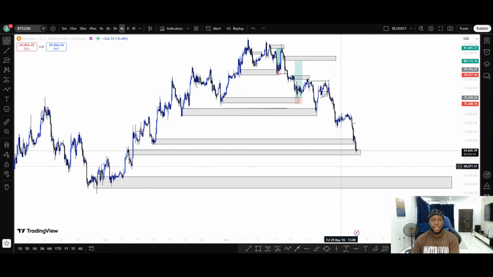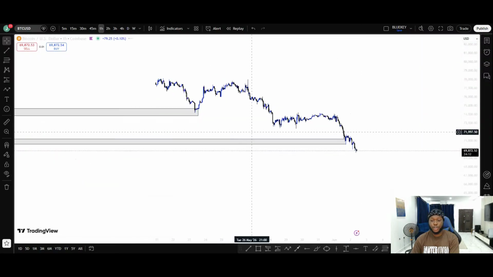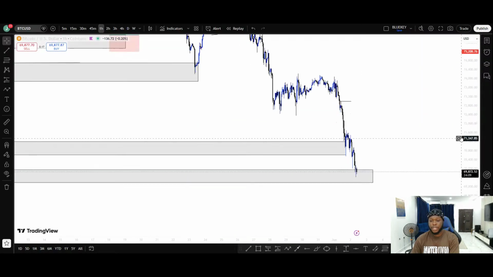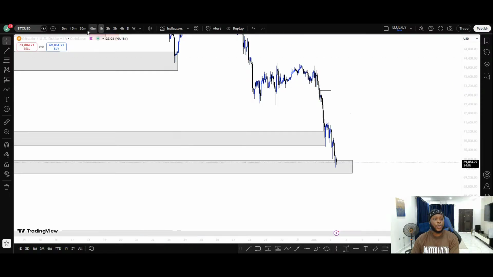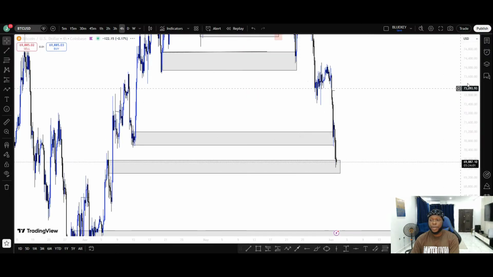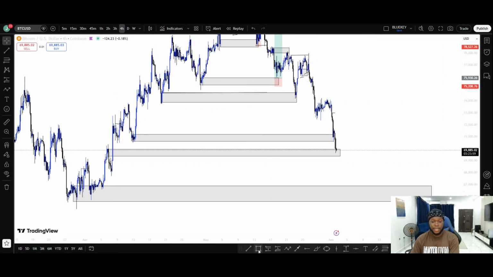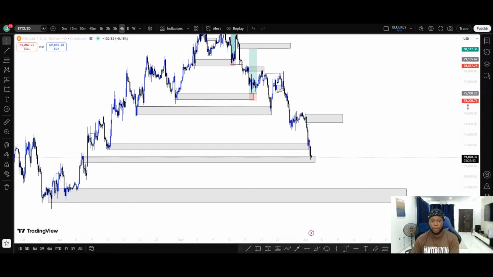However, I want to see on a lower time frame a structural shift, because we're trading against the trend right now, right? So we need to see a structural shift that will push this market up to sweep out all this liquidity. Then if you go back to the 4 hour time frame, this is the most viable place that this market can come back to, right? We have an order block here, and I'll tell you why this is going to be the major order block. And then we will have this market reacting to this zone as well,